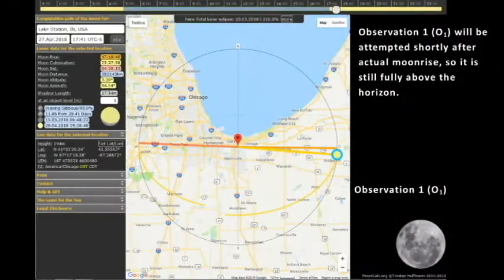Okay, so what I'm going to do is I'm going to make 5 observations. Observation 1 and 5 theoretically are to be made directly at moonrise and moonset, which is not going to happen because I won't be able to physically see the moon. So observation 1 will be a little bit after moonrise. Here's the planned time. And I am going to abbreviate, like observation 1 will be 01. Observation 2 will be 02, etc., just throughout the video so you know, okay?